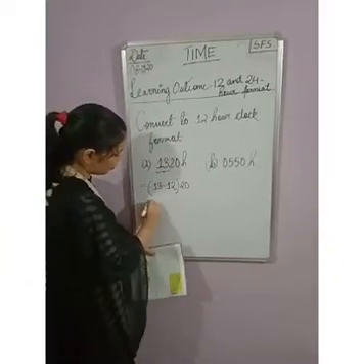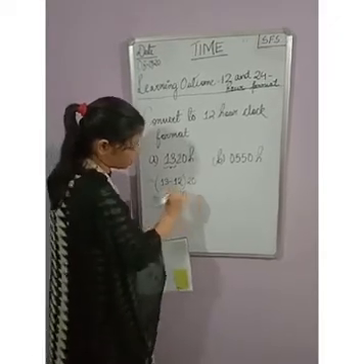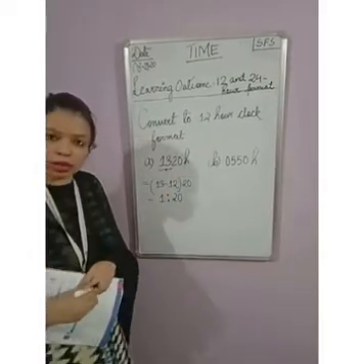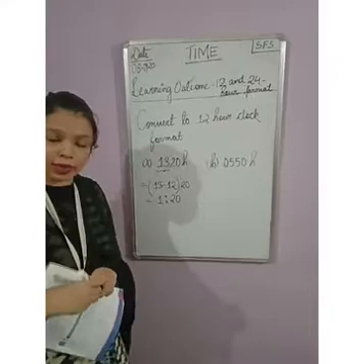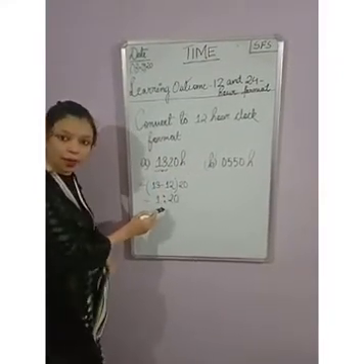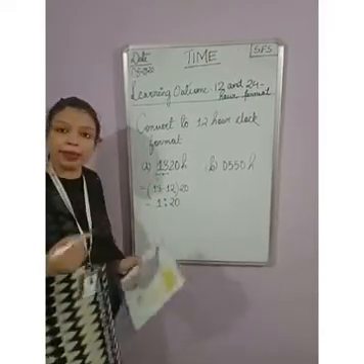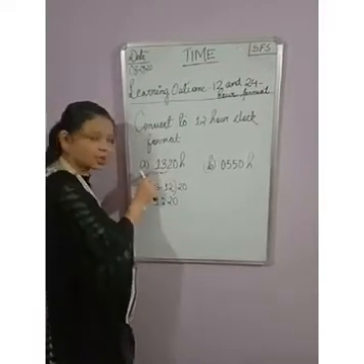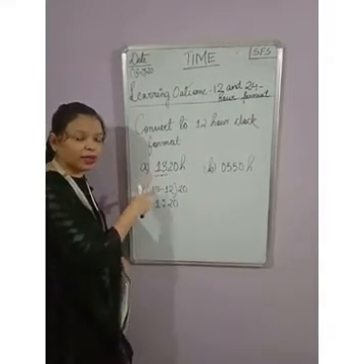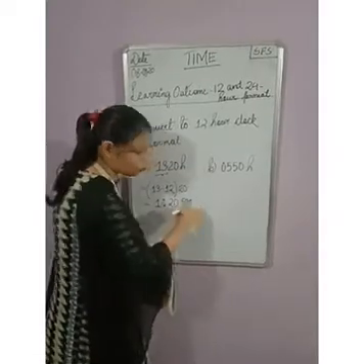Okay, so what did we get? 1:20. Understood? That means we are converting into 12-hour format. So the hours change, the minutes stay, and we are expressing in 12-hour format. Now what is it? AM or PM? Looking at the question, if the number is bigger than 12, that means it is PM. So the answer will be PM.